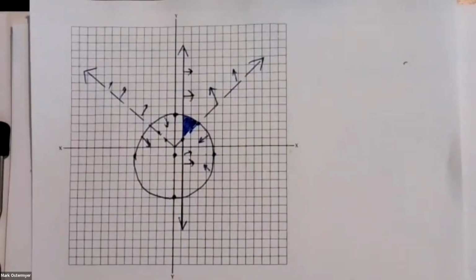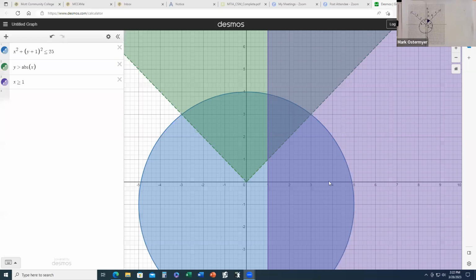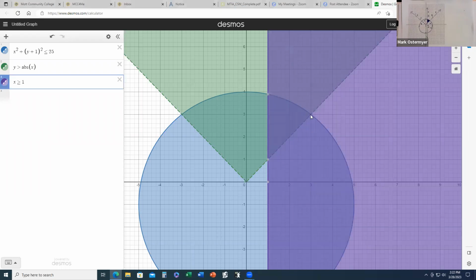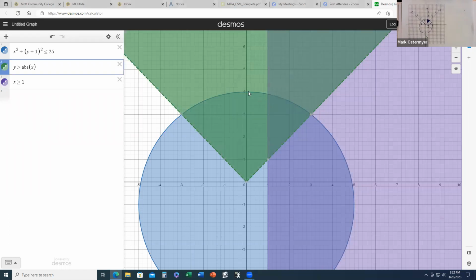That would be the overlap. This would be what it looks like in Desmos. You type them all in, you can see that the overlap between all three shaded regions is right in here, kind of like this little piece of a pie right here. So any solution that lies on this circular boundary from this point to this point,